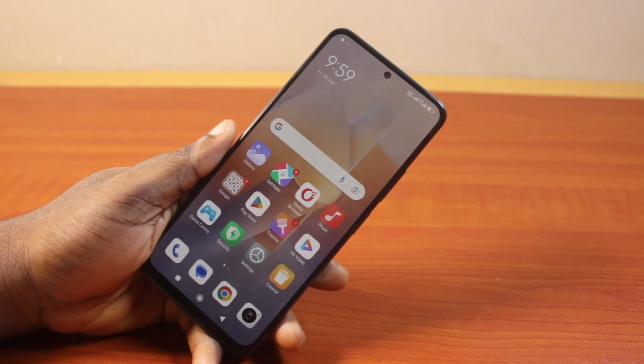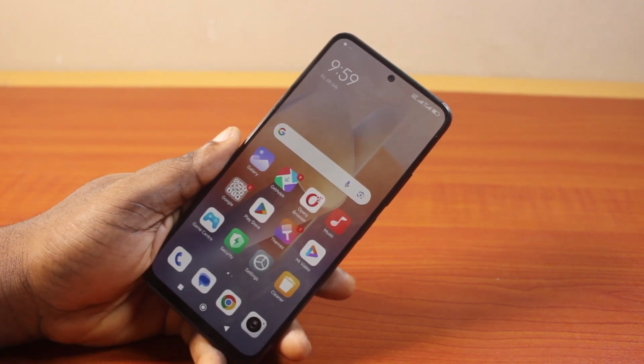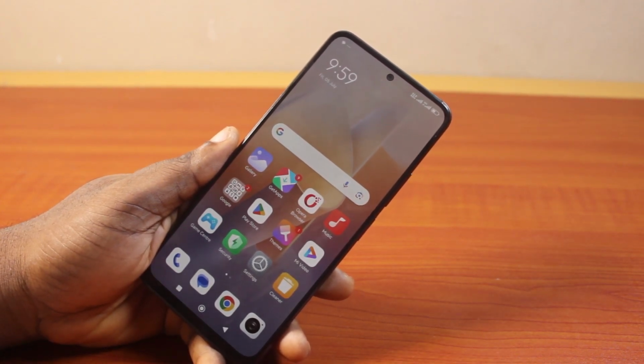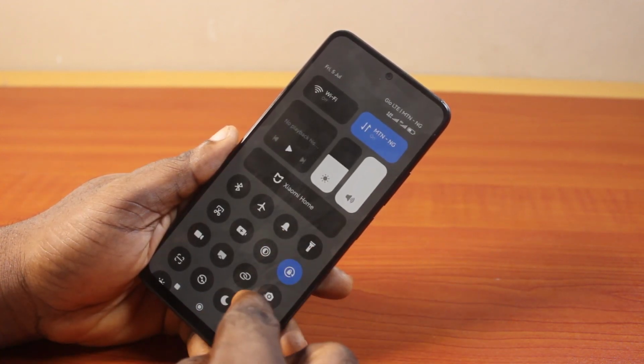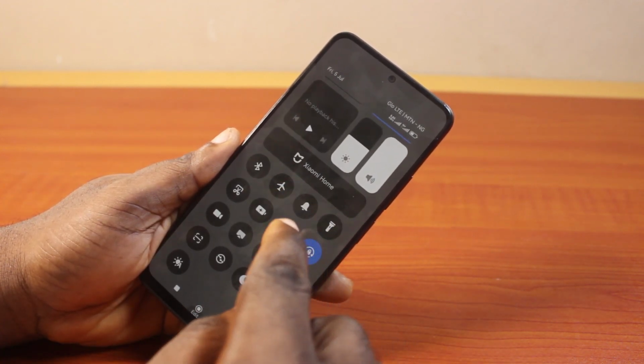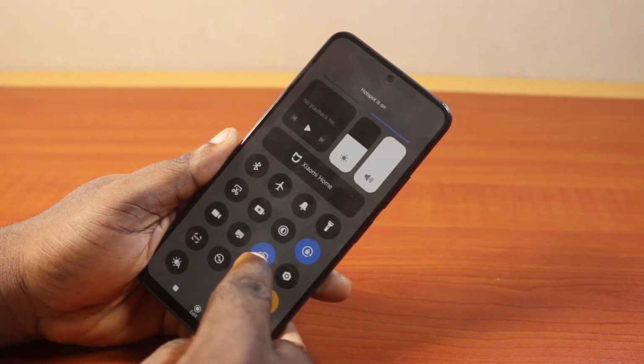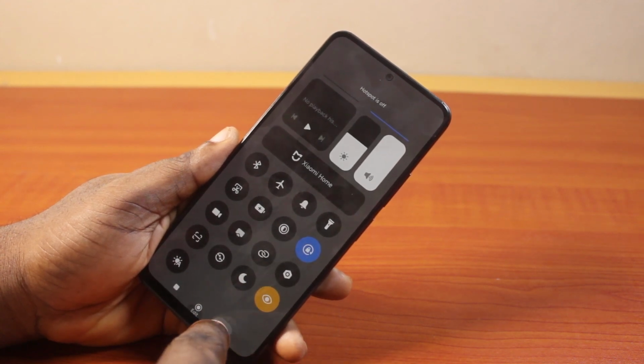In this video, I'll detail how to set up a personal hotspot on an Android phone. So if you're using an Android phone and you want to set up a personal hotspot so that whenever you turn on your data and you enable mobile hotspot, all available devices will be able to connect to your hotspot